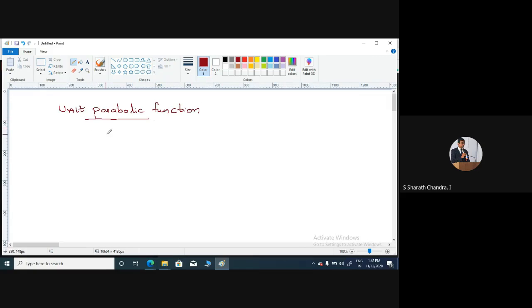The continuous time unit parabolic function p of t is defined as p of t is equal to t square by 2 for all t greater than or equal to 0, and it is 0 for t less than 0. Therefore, p of t can be represented as a one-sided signal in terms of unit step as t square by 2 into u of t. And the graphical representation of p of t is given as